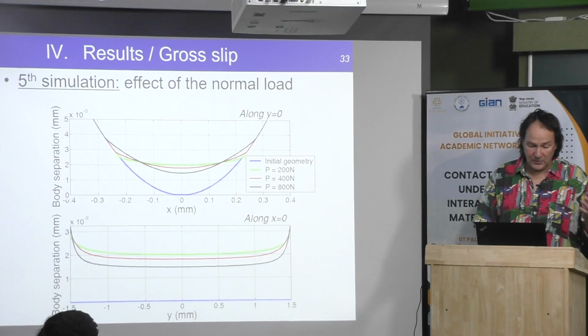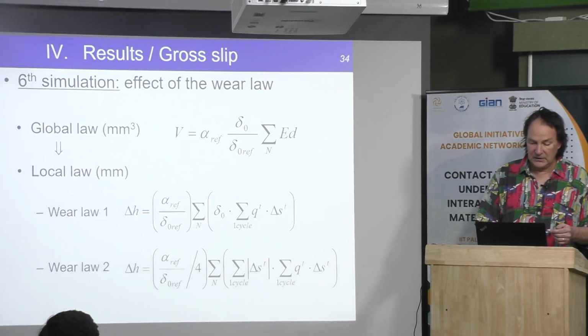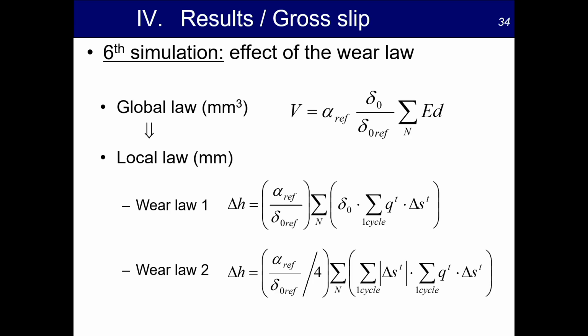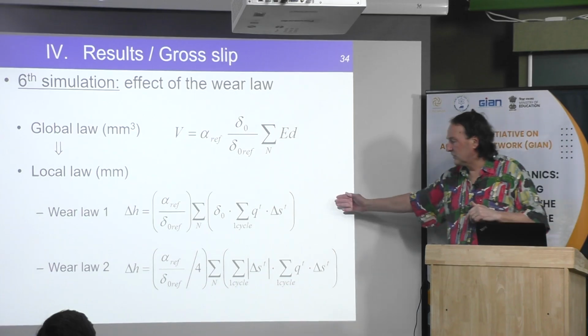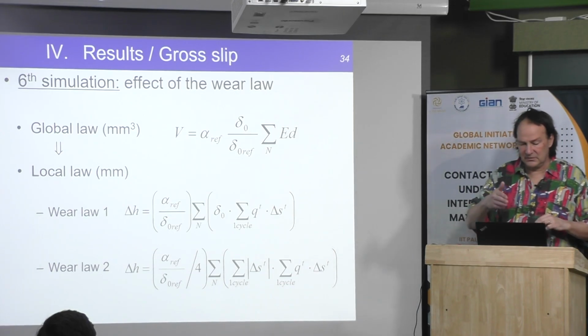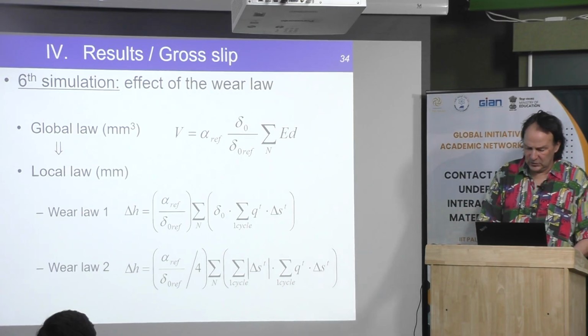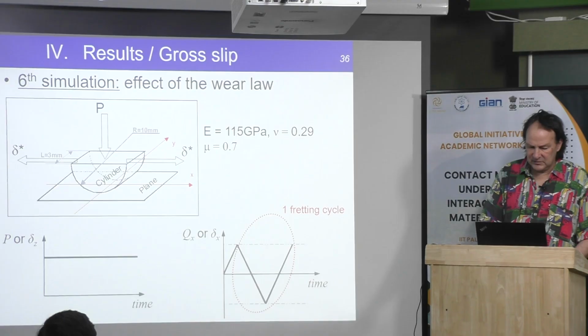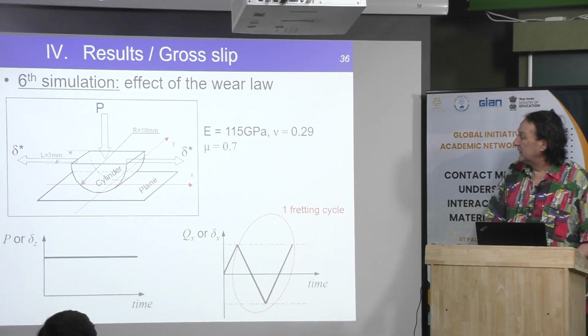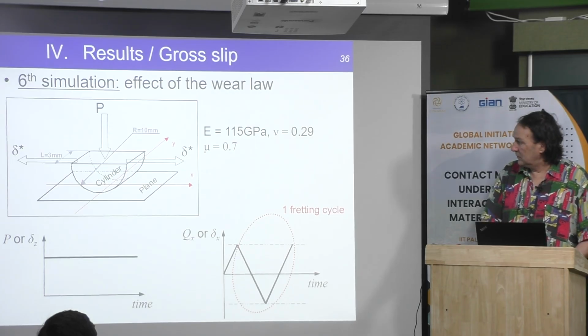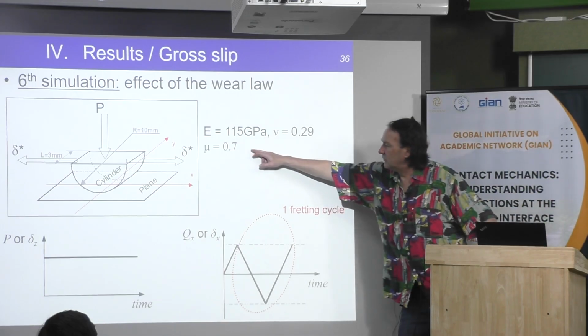When you have the tool after, you can play with the parameters to try to understand what happened, and there is no problem. Then now about the wear law, I don't remember what there is inside this slide. Okay, there is two different wear law depending on how you discretize the loading path, but okay, I will skip that because it's difficult to explain. Okay, these are the parameters. The friction coefficient is 0.7.